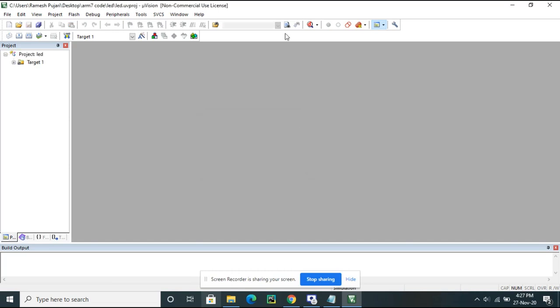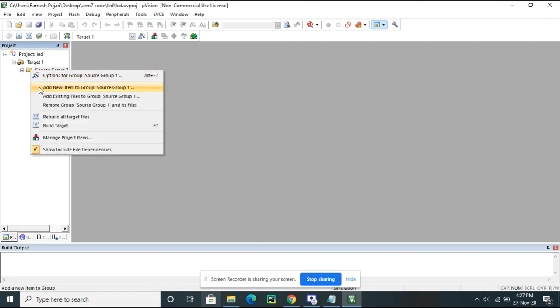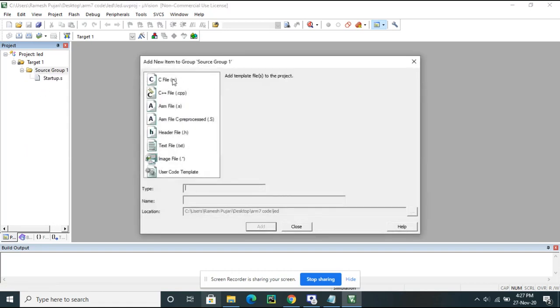This adds the startup file. Then we add a new item to the group source, which is a C file, and I'm giving the file name main.c.